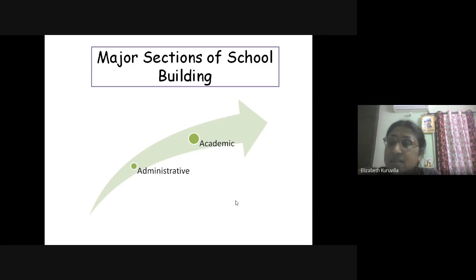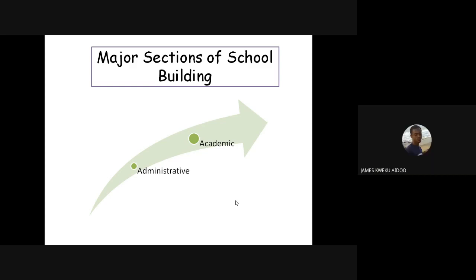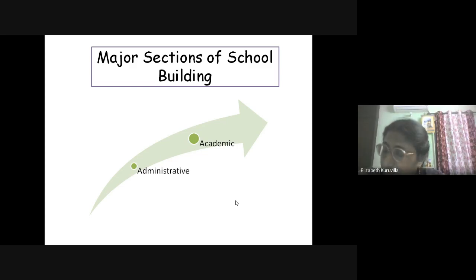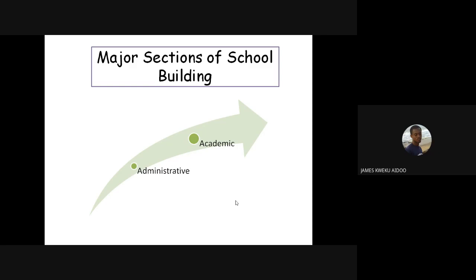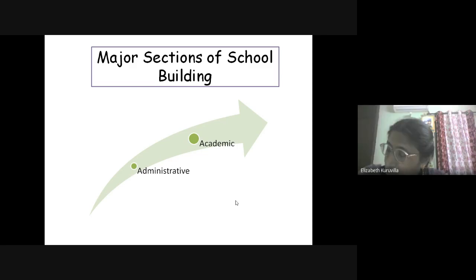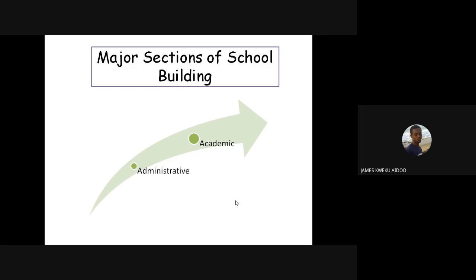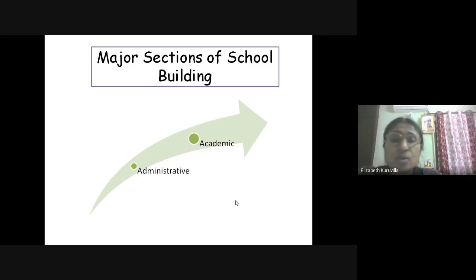James, can you tell? Yes, ma'am. In our school context, the building is divided into three. We have academic, administrative, and we have domestic. Okay, what things will come under domestic? What goes under domestic is the food that students eat, beds that students sleep on, mattresses, the water supply that goes to the school, and buildings. These are the ones that go under there.